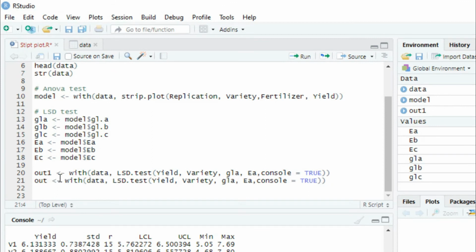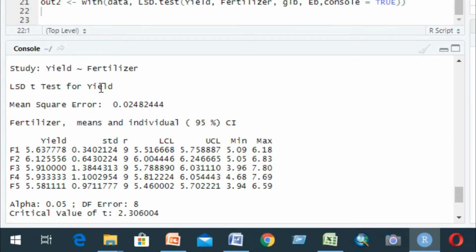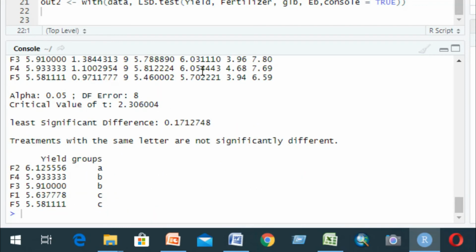Now factor B, response variable yield and factor B fertilizer, error GLB and EB. We can run this. Okay, it is our fertilizer LSD test for yield and error mean square and their homogeneous group.